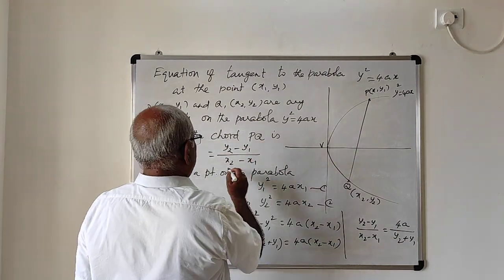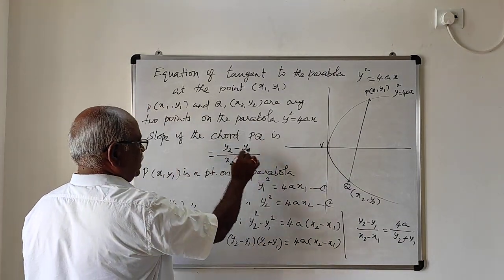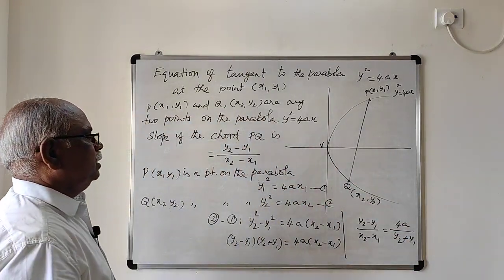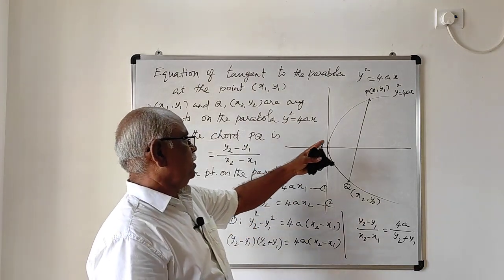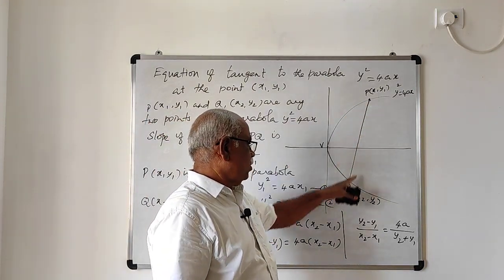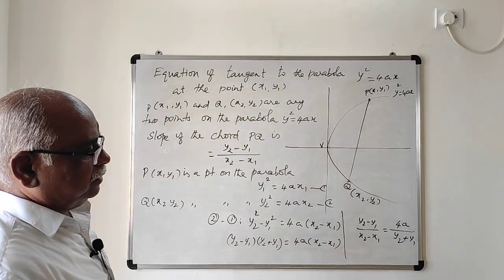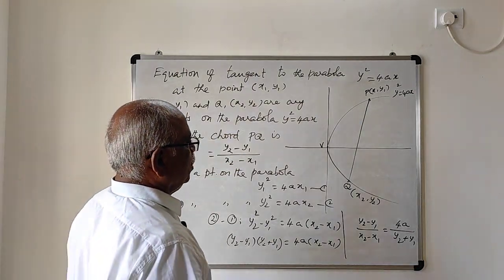The slope of the chord PQ is (y2 minus y1) by (x2 minus x1), which is replaced by 4a by (y2 plus y1). So using the slope and the point (x, y), we can find out the equation of the chord PQ. Let (x, y) be any point on the parabola. Now the equation of the chord PQ is,